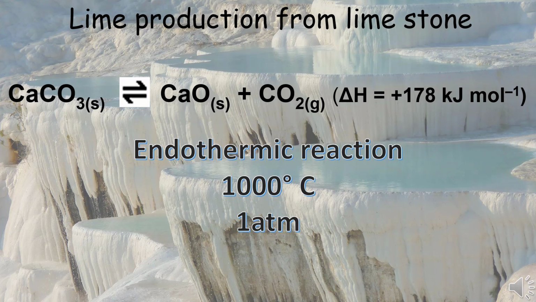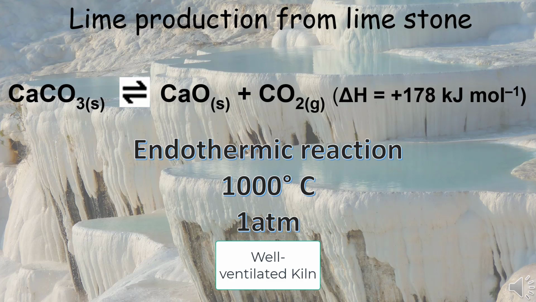1 mole of gas is formed in this process from a solid material, calcium carbonate. So, there is a net increase in the moles of gas in lime formation, since there are no gaseous reactants present in the system. Therefore, decreasing the pressure will favor the formation of more gas molecules. Thus, the reaction is carried out in a well-ventilated kiln.